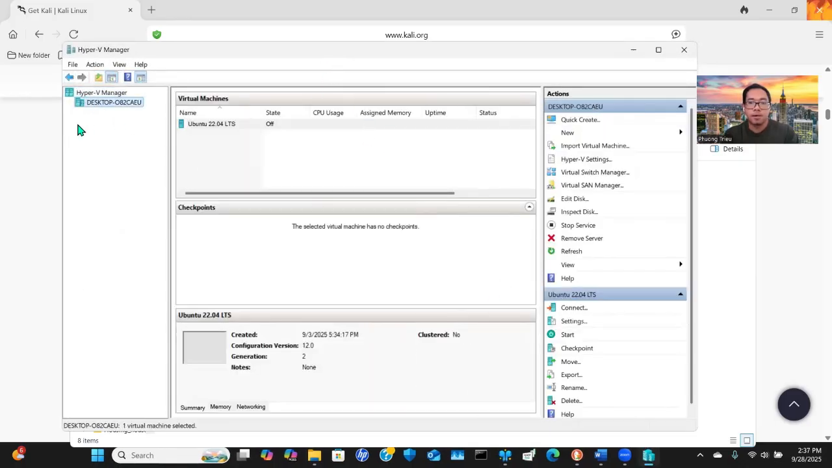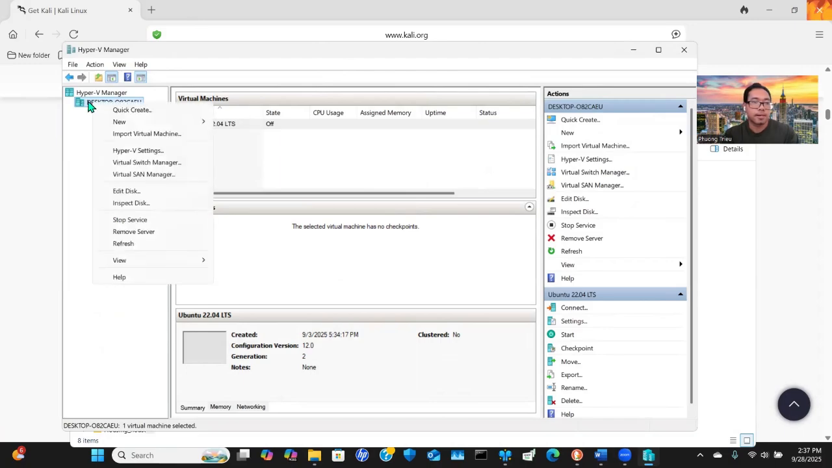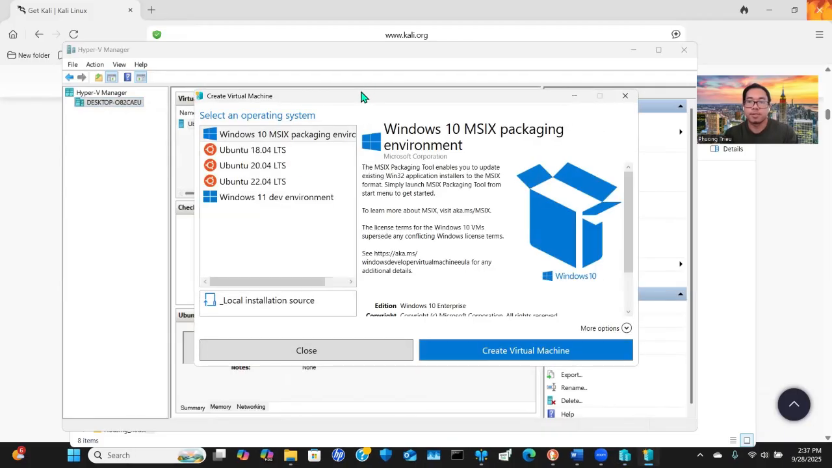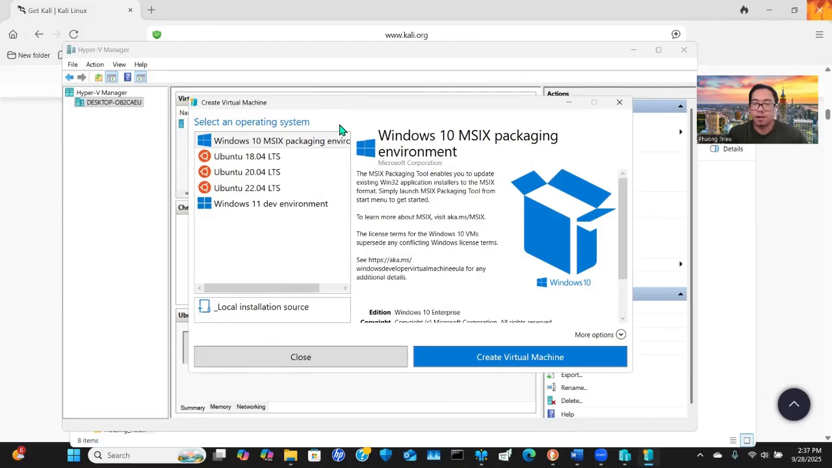So here, the thing that I need to do is right click on my machine. For ease of use, in Hyper-V Manager I'm gonna click quick create so that I don't need to care a lot about all of the settings. Here you can see Hyper-V Manager already provides you with some operating system options like Windows 10, Ubuntu, and Windows 11. But because we want to create a virtual machine using Kali Linux, I'm gonna click local